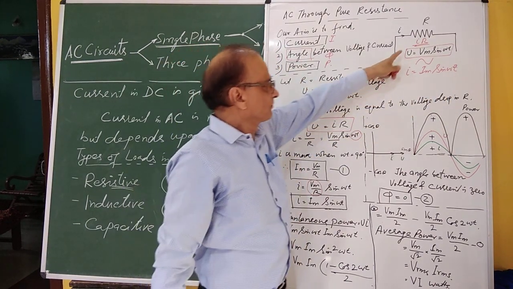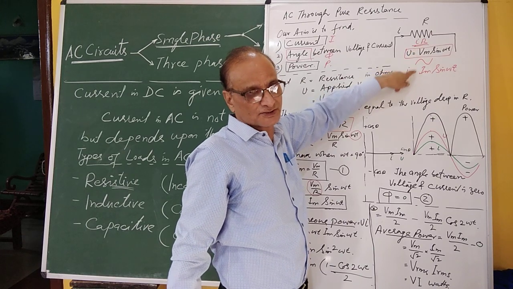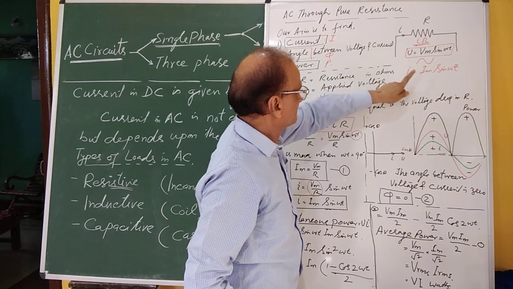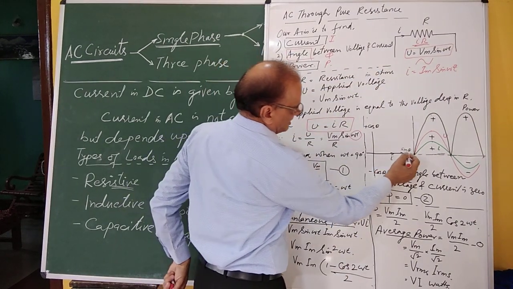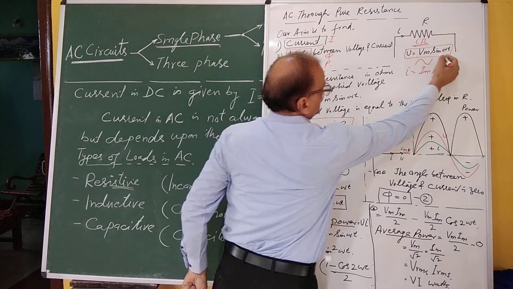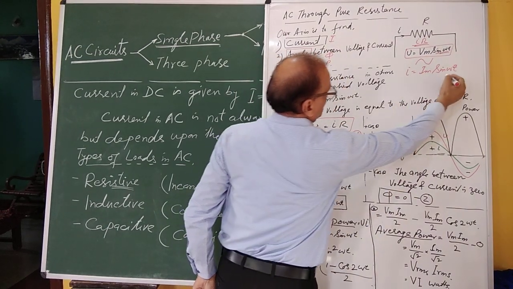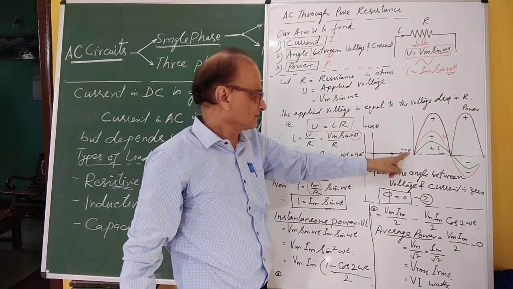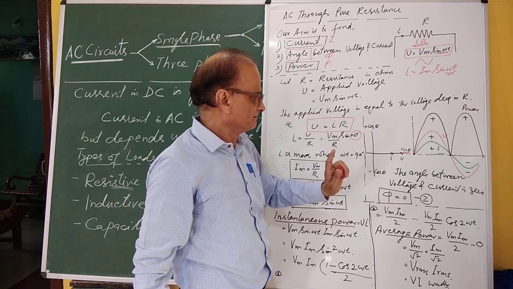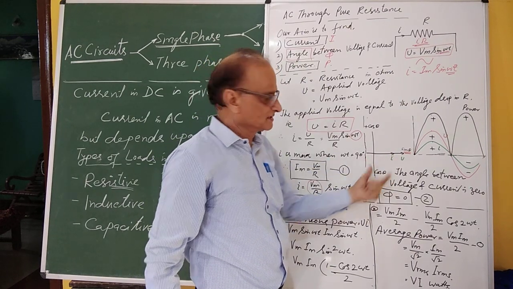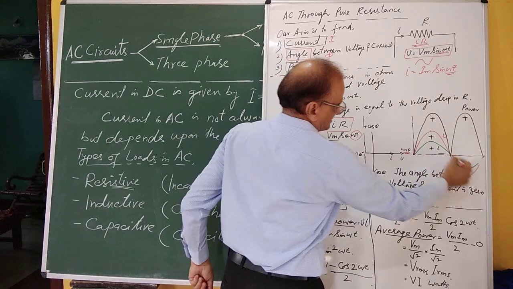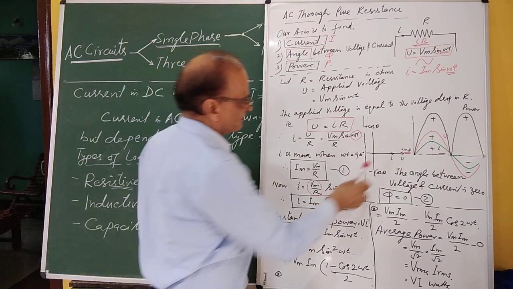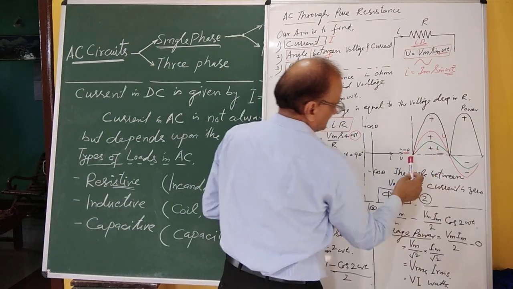For finding the angle between voltage and current, we have to plot these voltage and current and we'll find what is the angle between voltage and current. So we will plot V and I here. This is the sin theta axis, voltage is sin theta and current is also sin theta. So both voltage and current will lie on this axis of sin theta, this V and this I. This is in phasor form and this is in waveform. This is the waveform of voltage, this is the waveform of current.